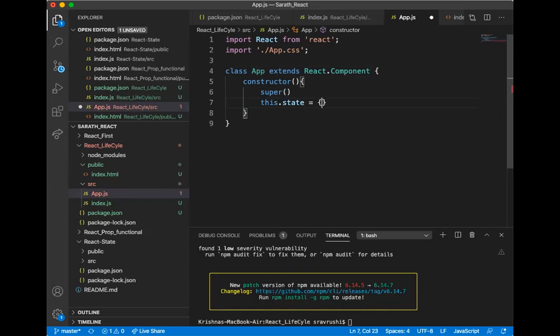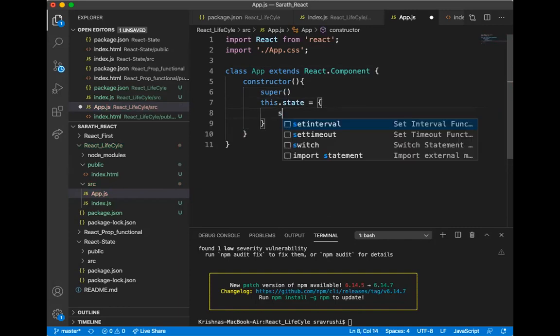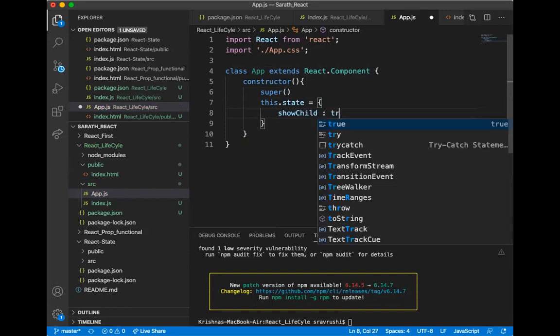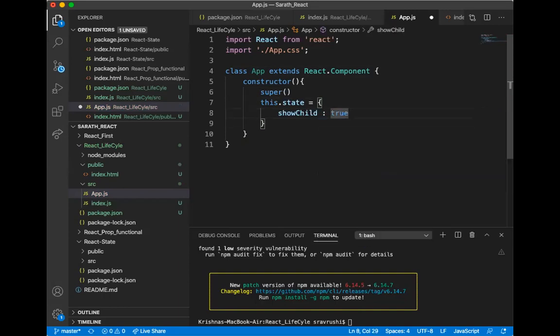I am taking two things: one is showChild, the other is text. I took one state, showChild, whose initial value is true.